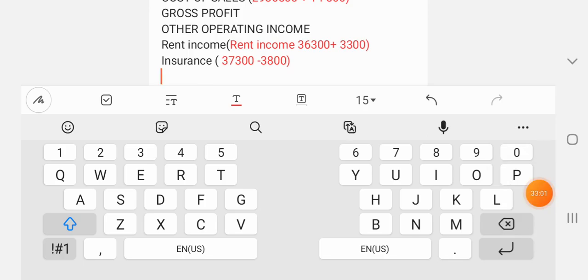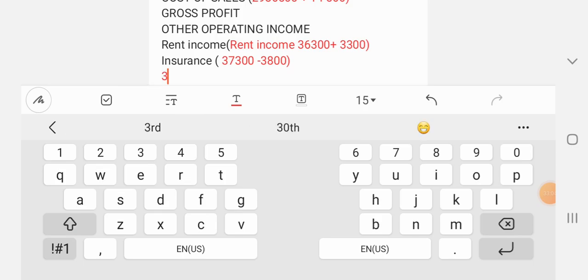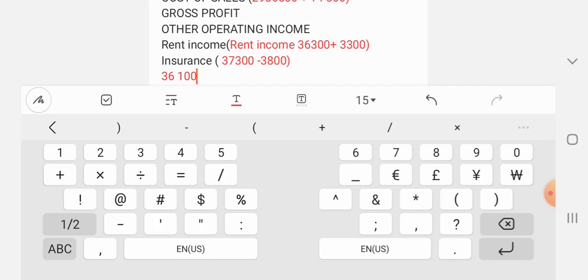We took the amount that is on the trial balance for insurance, which is 36,100, and then we subtracted the 175 times 2, for the months of January and February, and then we got